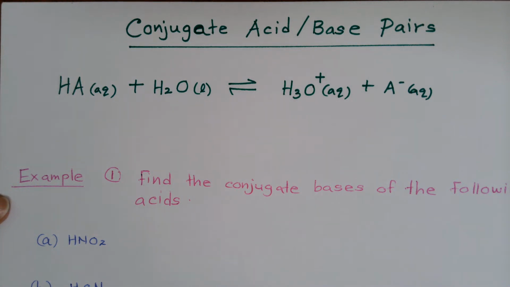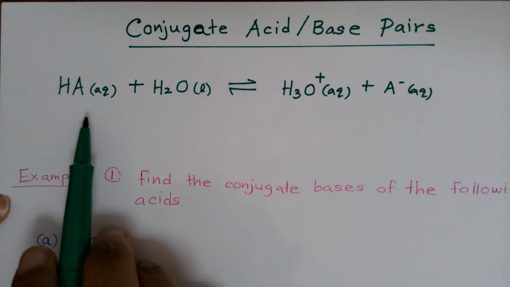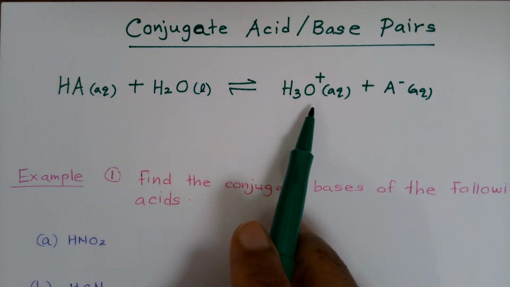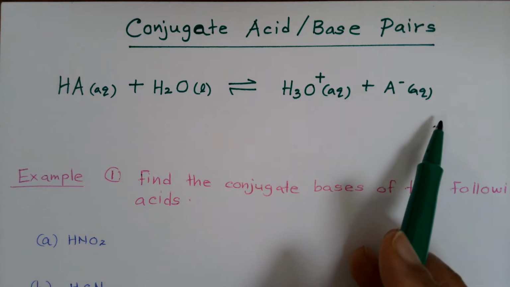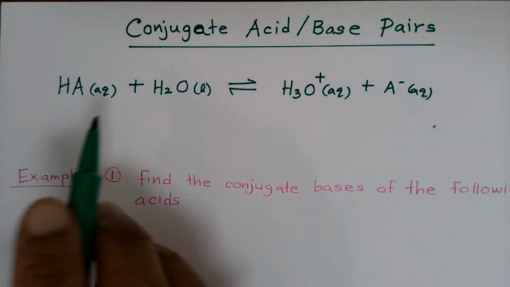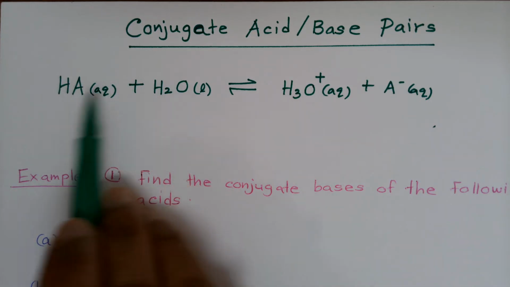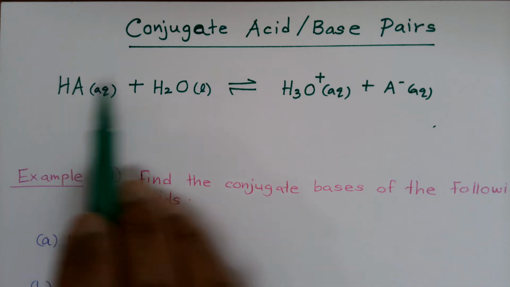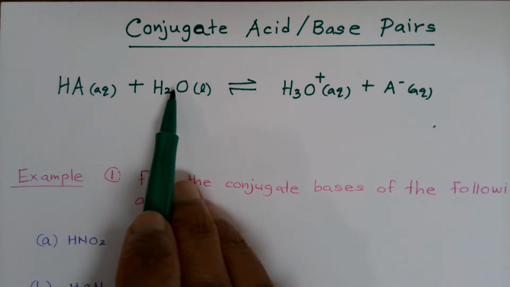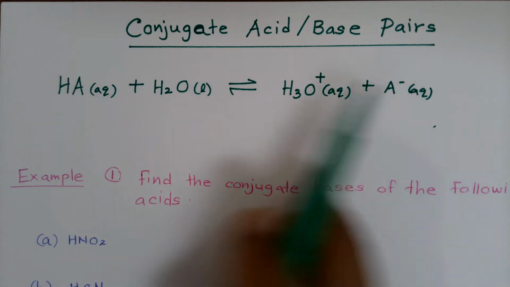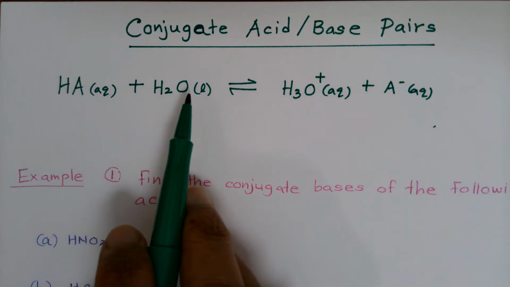Conjugate acids and bases. Let's see how we can identify conjugate acids and bases in an acid-base reaction. In this reaction, HA acid reacts with a water molecule to produce hydronium ion, H3O+, and A- base. Now let's see what happened in this reaction. HA donates a proton, another name for which is hydrogen plus ion. The H2O molecule accepts hydrogen. So one hydrogen less forms the A- product, and H2O with one hydrogen added forms